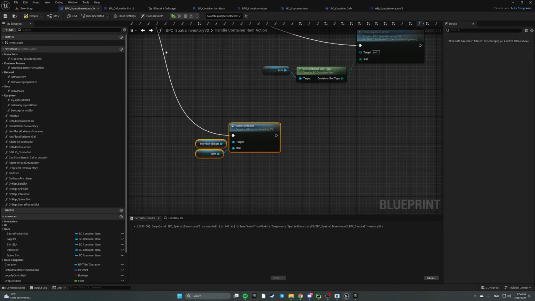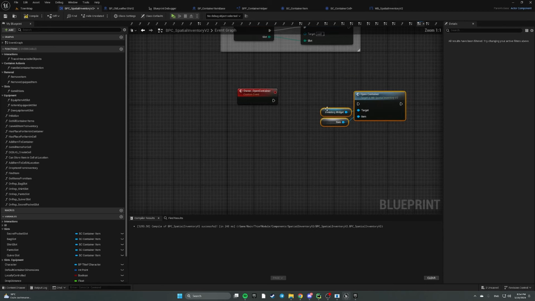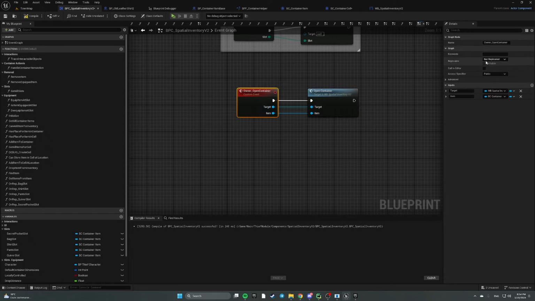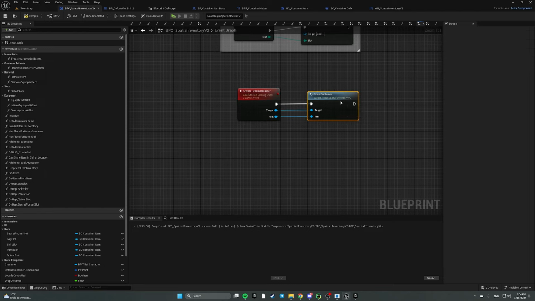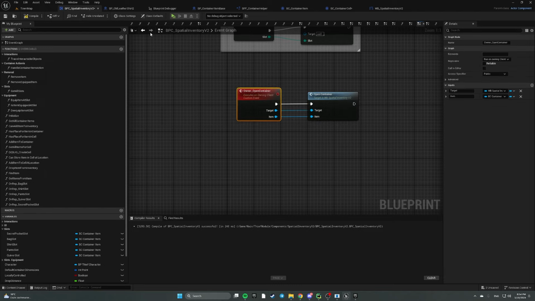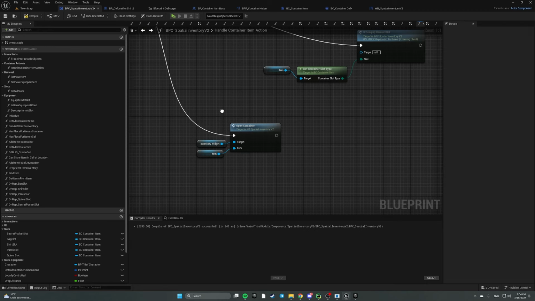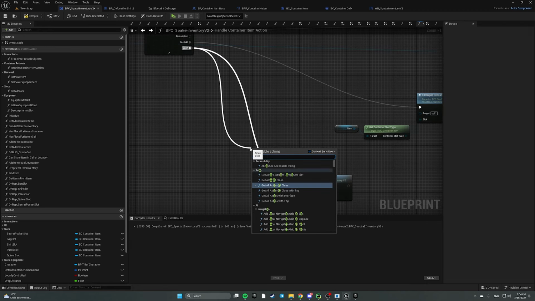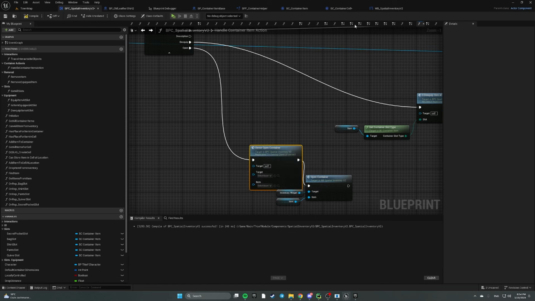Let's copy this, paste it here, and plug the target item, and let's select run on owning client. And instead of using open container in handle container item action, we're going to call owner open container